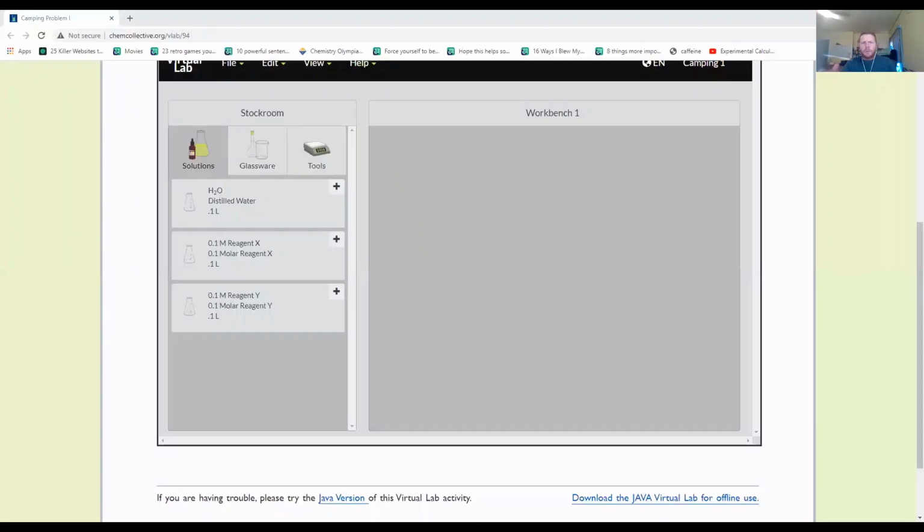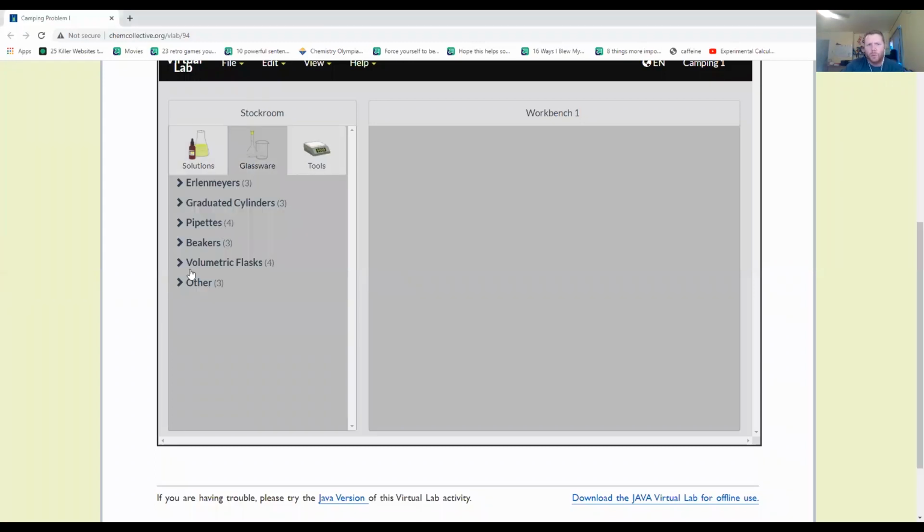All right, so here we are. I'm going to go ahead and help you all out with a little bit of the procedure and talk to you a little bit about what's going on there. Okay, so here we go. This is what your workbench looks like, and what you're going